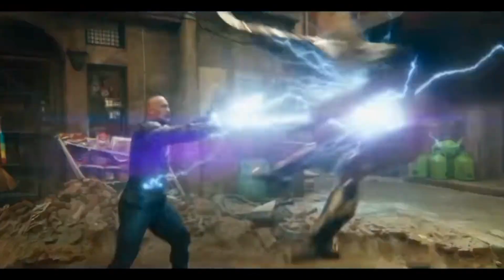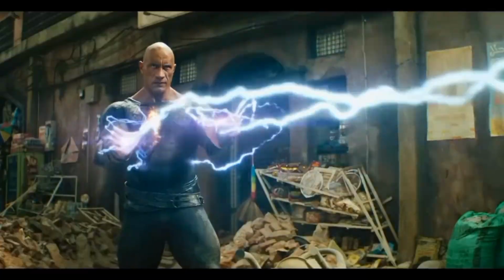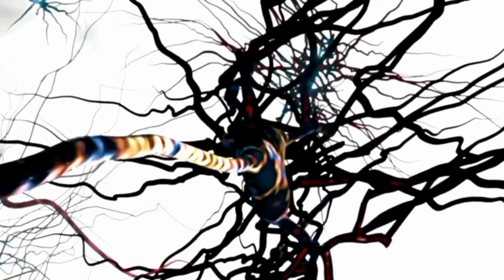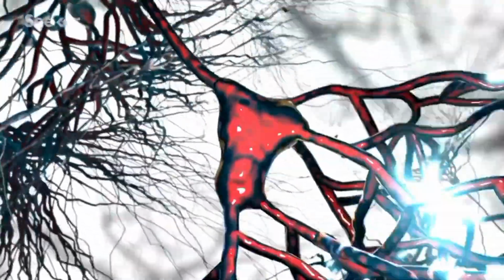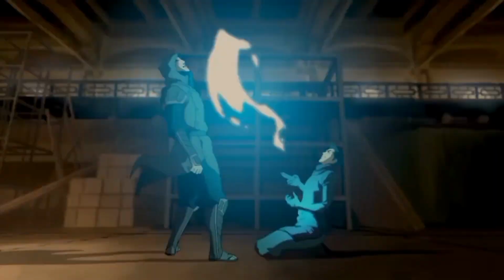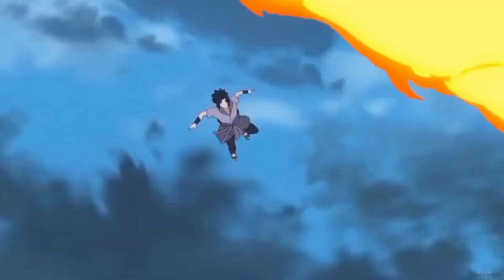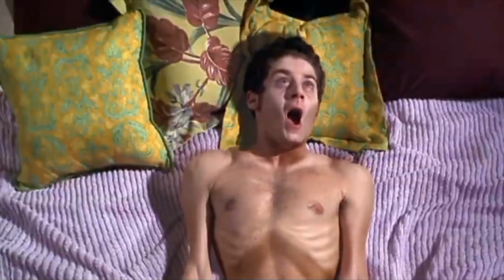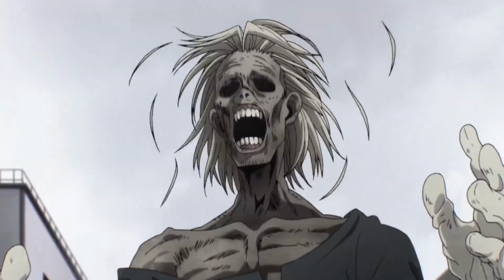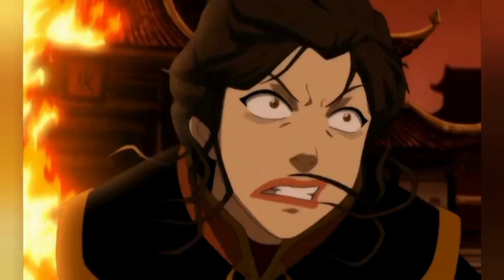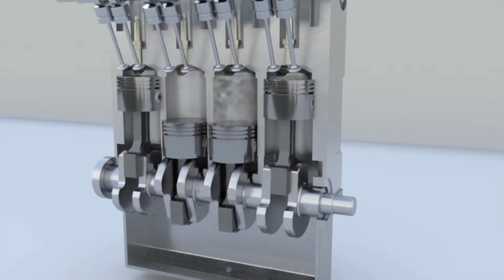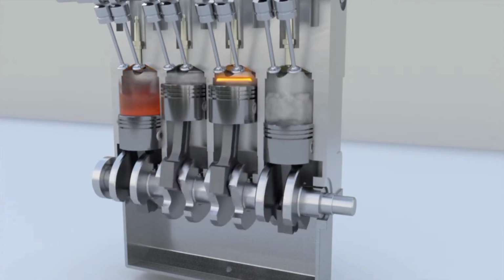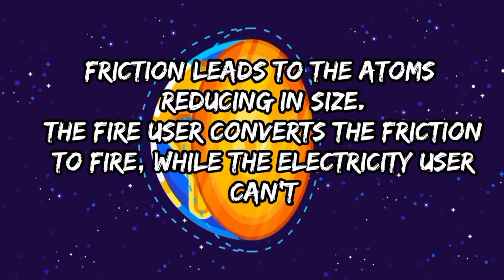Example, electricity users. These individuals can take the electrical signals generated by their nerves, synapses, and neurons, redirecting them outward as offensive electrical discharge. They can increase the output by vibrating the atoms at increased speed. But unlike the fire users that suffer from freezing, they suffer from thinning, where they gradually lose their mass over time. This is because, unlike the fire users, they can't release the heat the atoms generate from vibration, which in turn leads to them burning up and reducing in size.